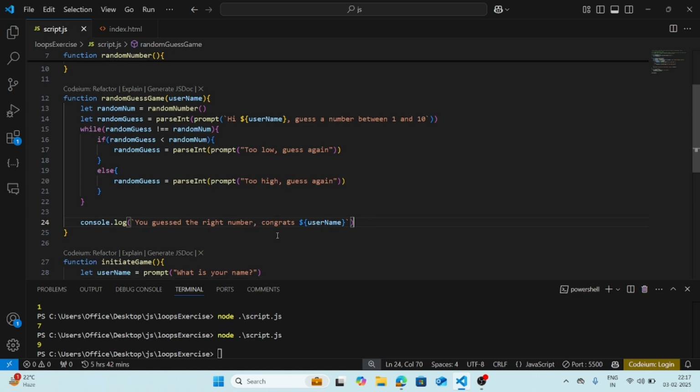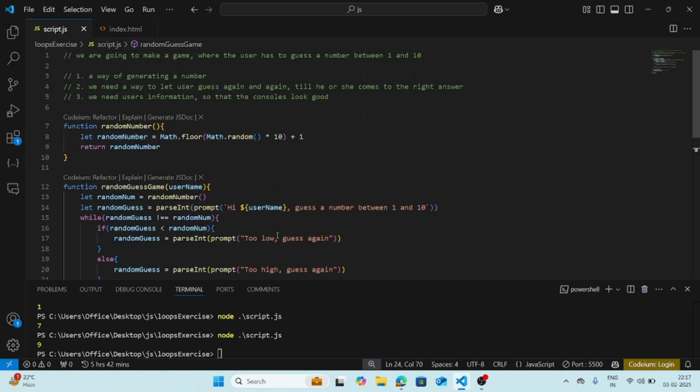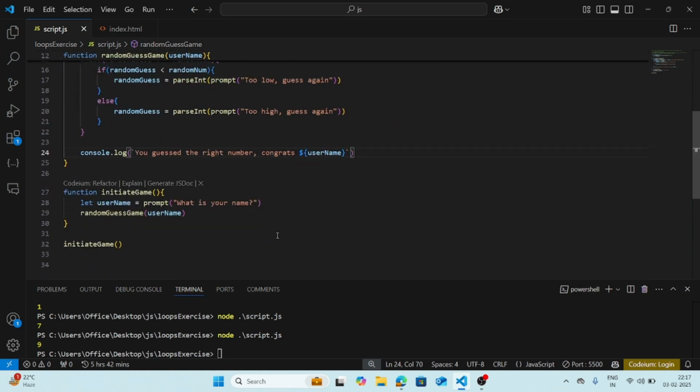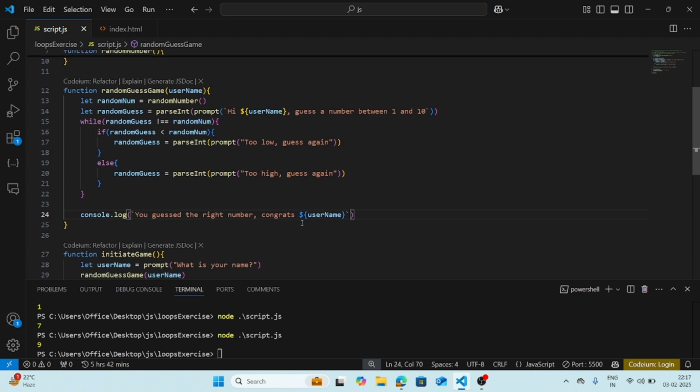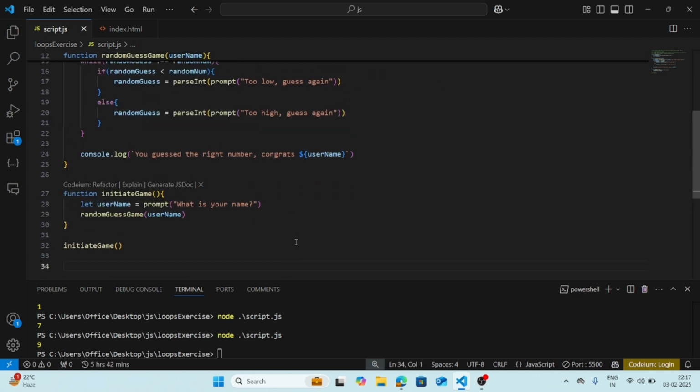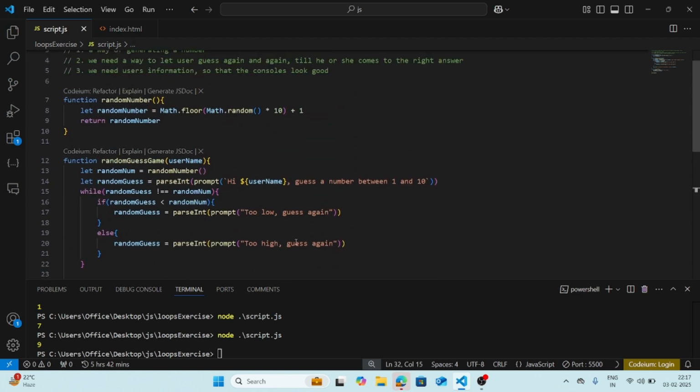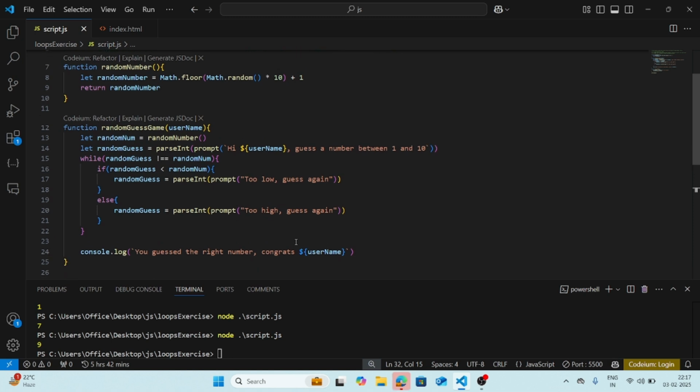Yay, congrats, username. This is a simple number guessing game, a small game but a good one. So practice it, check the code base and practice it in your VS